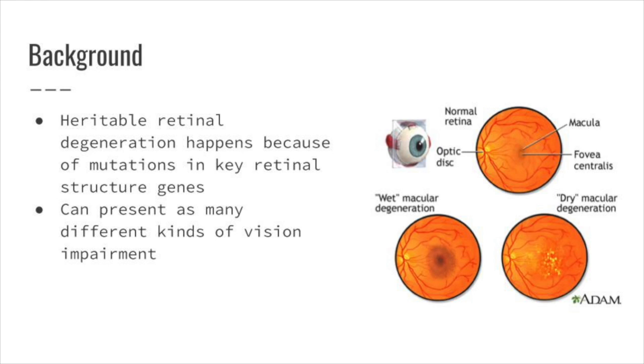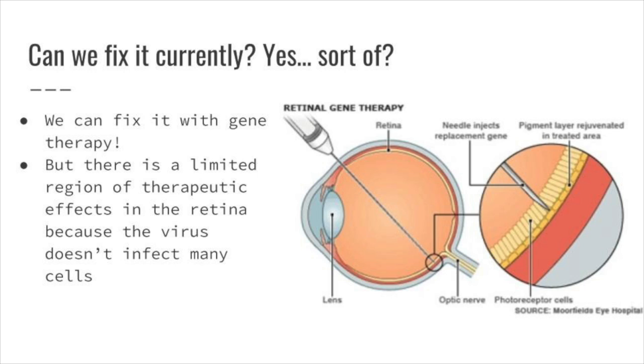Heritable retinal degeneration happens because of mutations in key retinal structure genes. This can present as many different kinds of vision impairment, such as progressive blindness or difficulty seeing specific types of colors. Can we fix it? Sort of. We can fix it with gene therapy, theoretically, delivering a new gene using a virus, but there's really